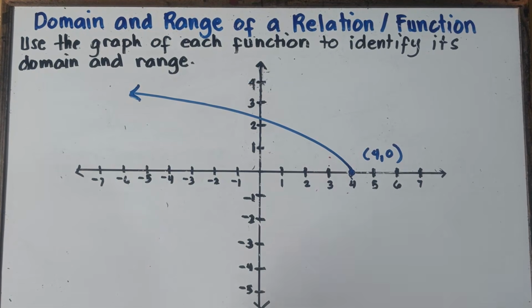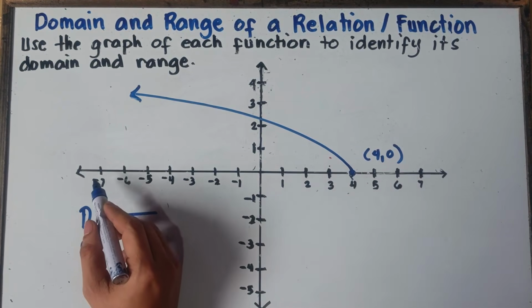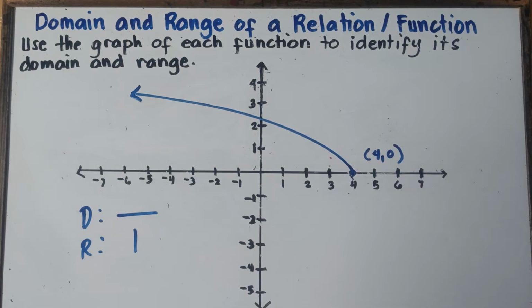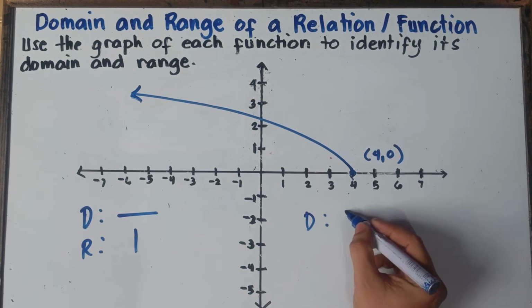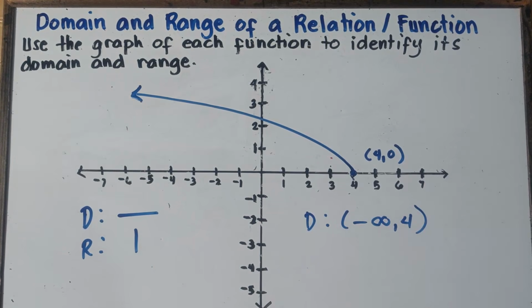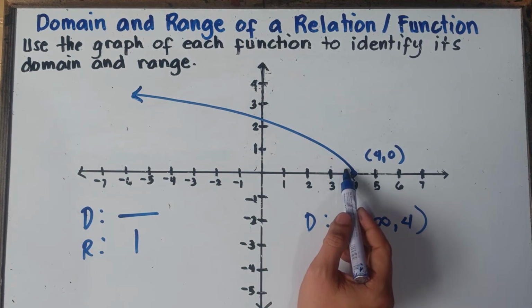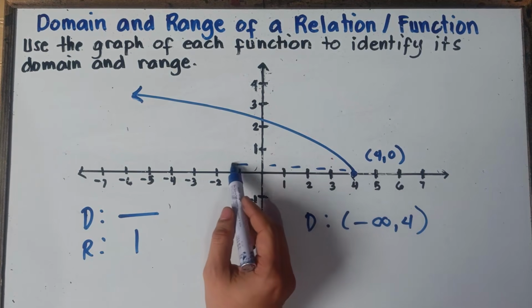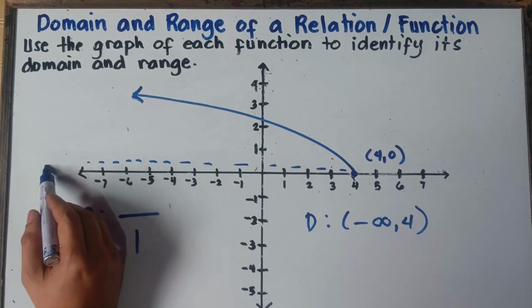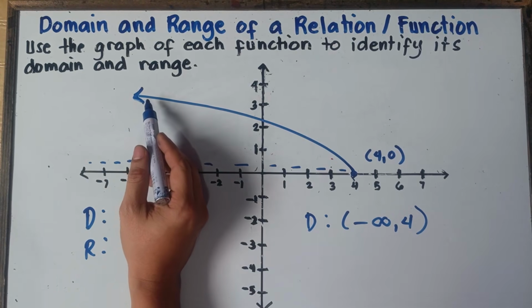Now, once again, for the domain, there would be the horizontal distance, and then for the range, there would be the vertical distance, right? So therefore, the domain, from this one right here, we have this negative infinity. Now, our answer for the domain would be from negative infinity up to positive 4. Now, you'll be asking the question, why is that, sir? Because we know, class, the domain will be the horizontal distance, this one right here. Now, since we have an arrow, it means, class, it will extend infinitely going to the left.